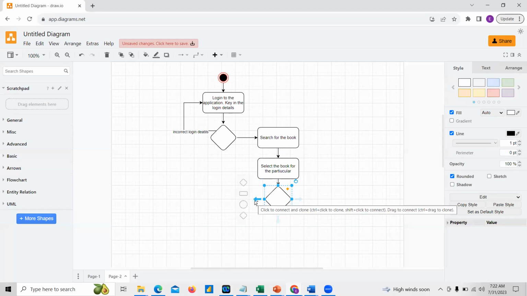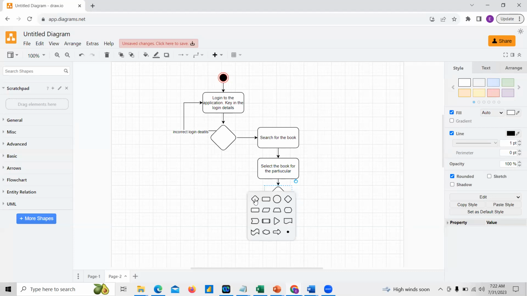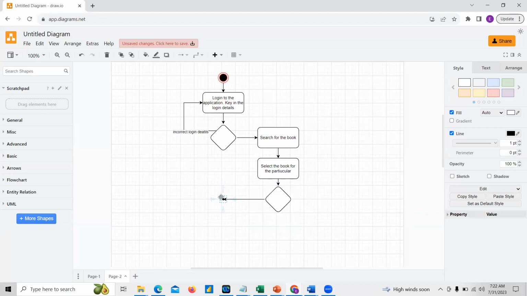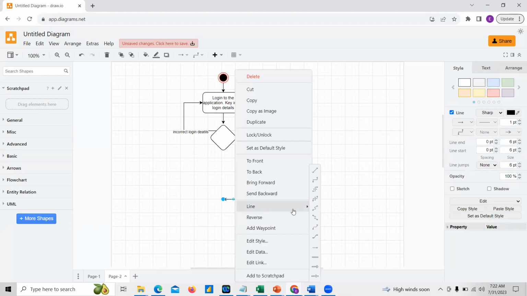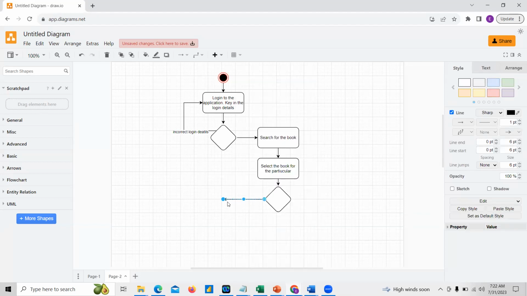If the book is available, proceed with further steps. If the book is not available, again redirect the page to the